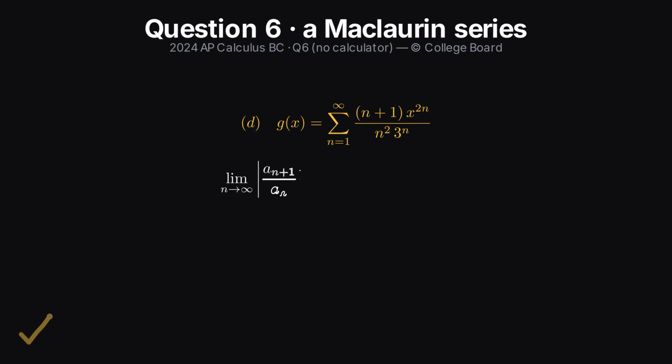Part D. For g, the ratio test gives x squared over 3. That's less than 1 when x squared is less than 3, so the radius of convergence is the root of